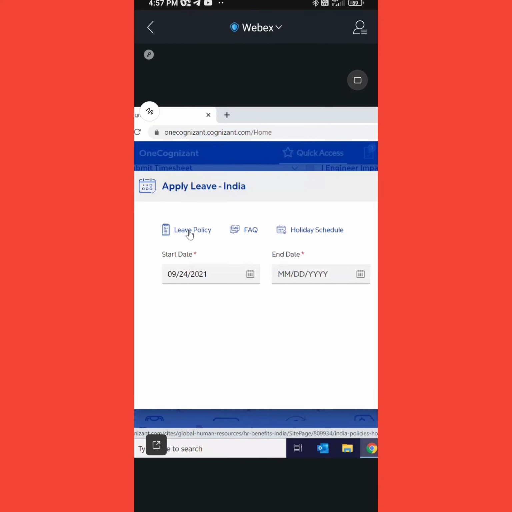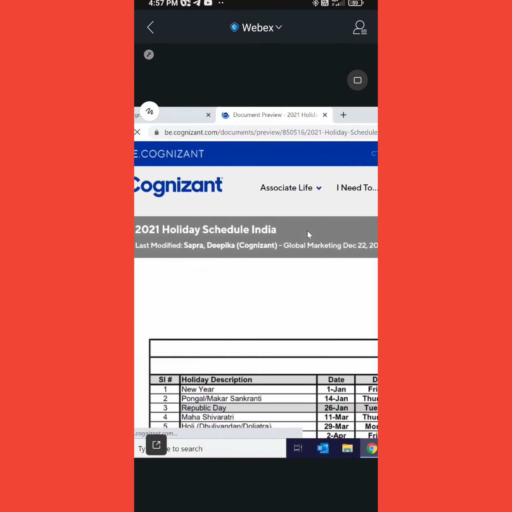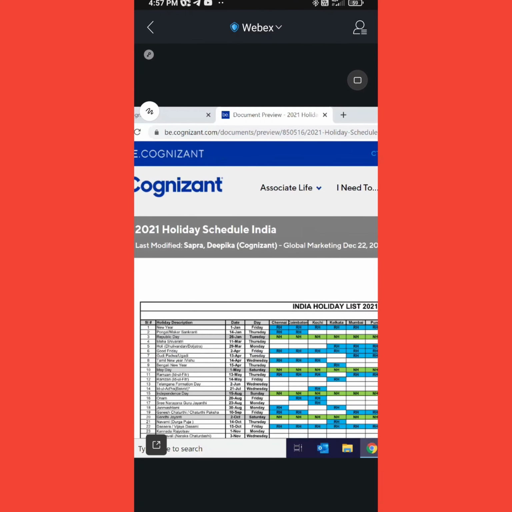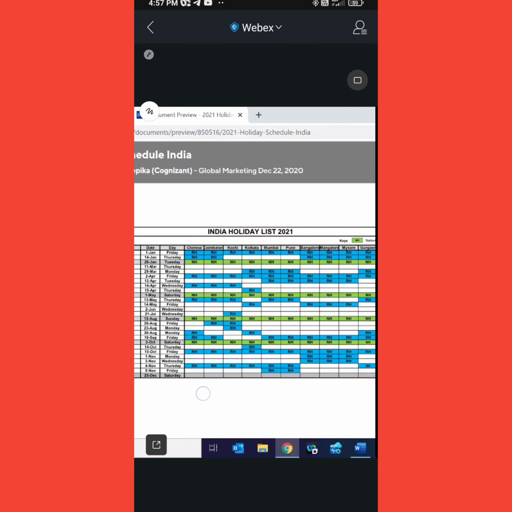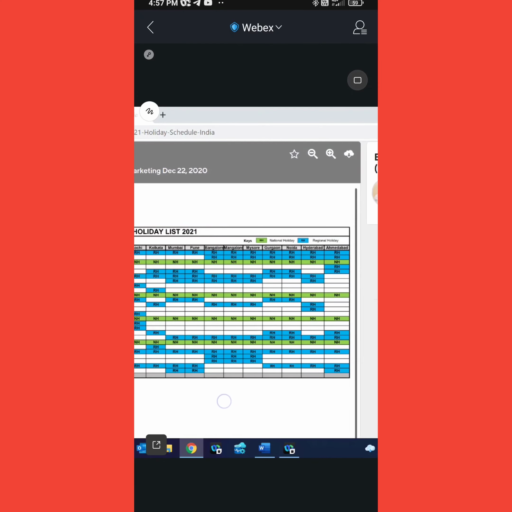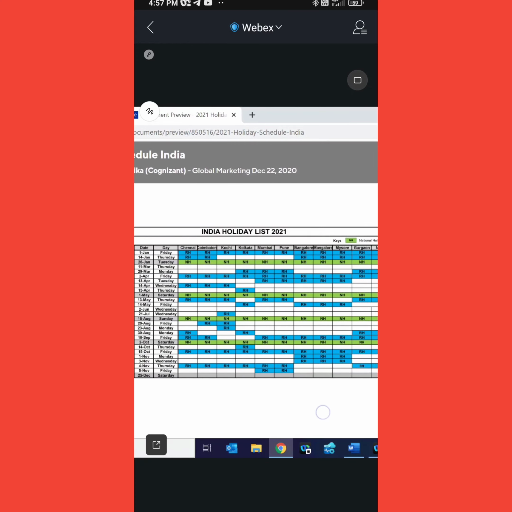If anyone wants to learn what types of policies there are, as well as the reimbursements and night shift allowances, you can learn there. And holiday schedule. It will show you a clear chart of which location has which national holidays as well as religious holidays. I think it's somewhat clear for you. If it is not clear, just go to your Cognizant portal.